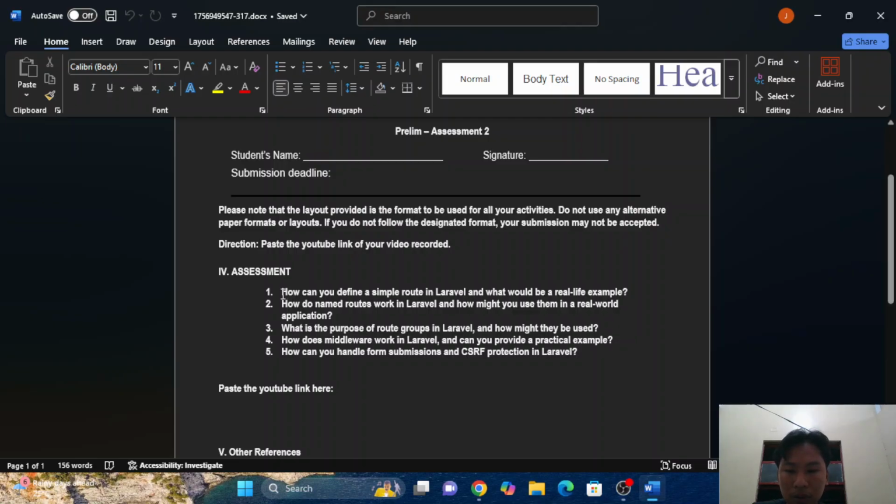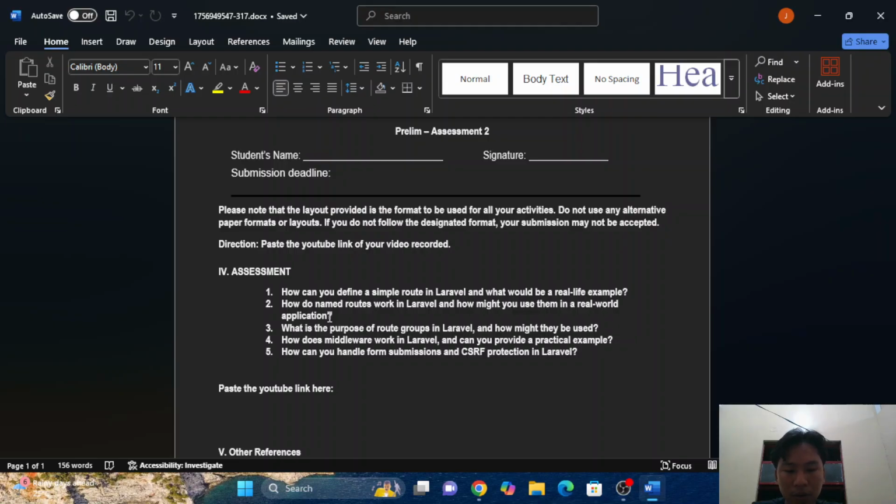And now, how do named routes work in Laravel and how might you use them in a real-world application? Named routes in Laravel allow you to assign a name to a route, making it easier to reference the route in your code, especially when generating URLs or redirects.